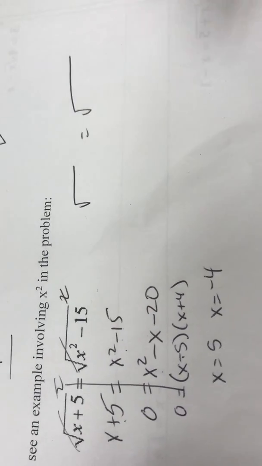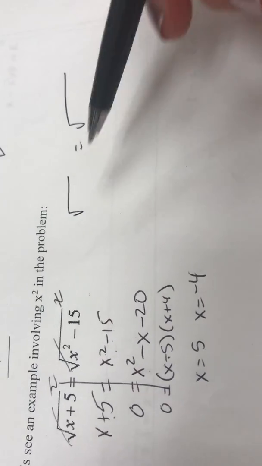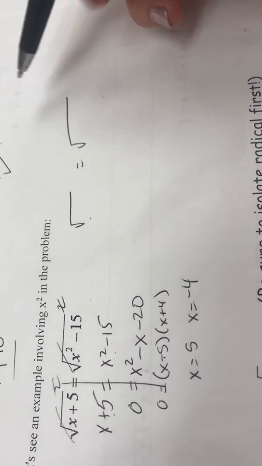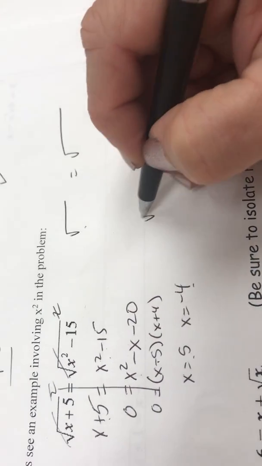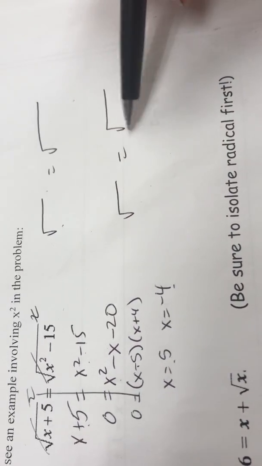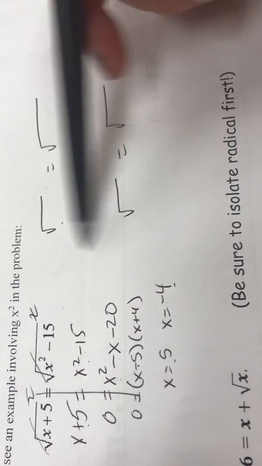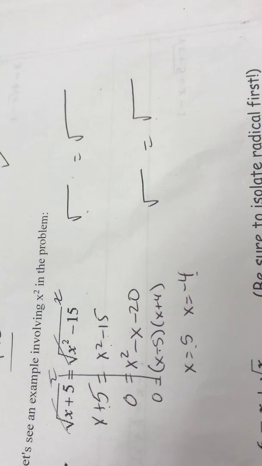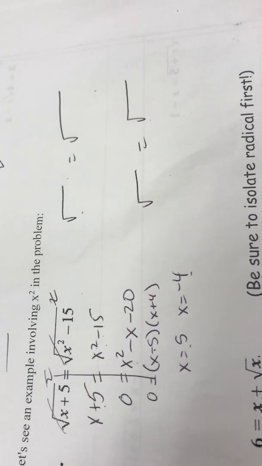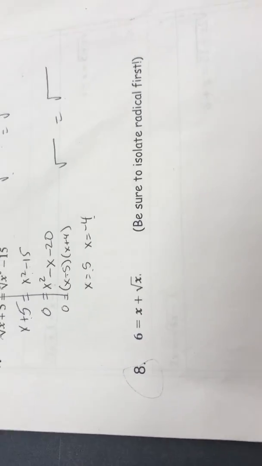Okay, I'm going to stop at this point because we're almost at 15 minutes. So you would have to check both of these twice. In the first one we check 5, and in the second one we check negative 5. I'm going to check you on that and see that you did that in your video tomorrow. And then we will do this one together. So we have to make sure we isolate it. This will be our do now